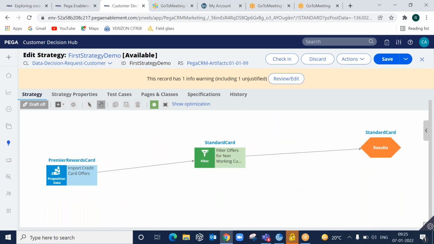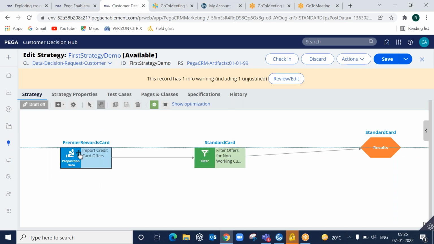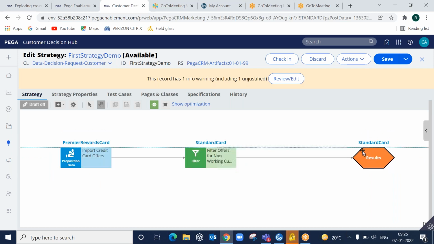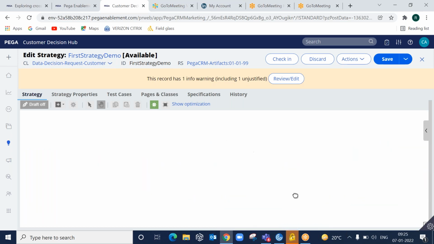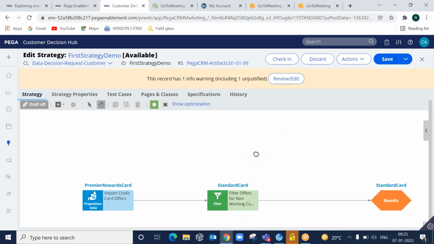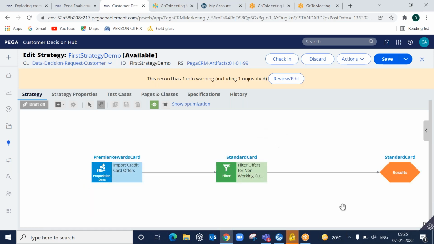because in runtime, in real time, you might have 20-30 components also. Then it will be out of the screen. If you want to move flexibly, then you can just use this mouse and you can move it wherever you want. Just like a process flow, you also have a mini map.